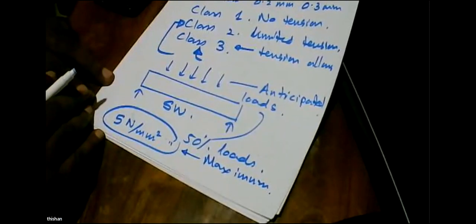But generally, when we anticipate loads, they are much higher than what actually happens under normal service conditions. So because of that reason, even if we stretch a material way beyond the allowable tension, you can still have